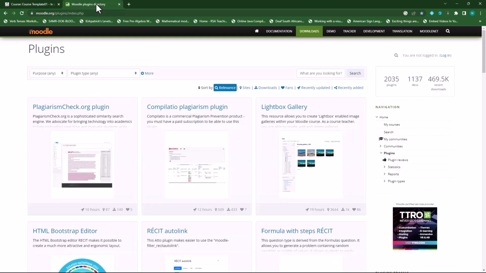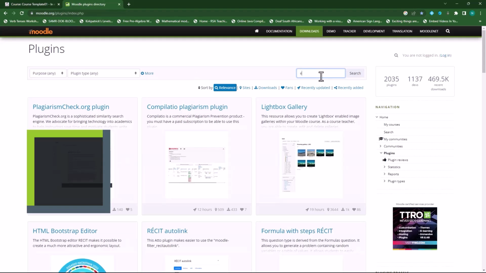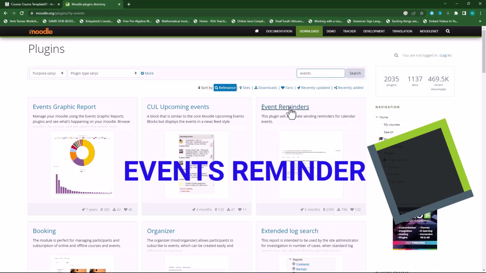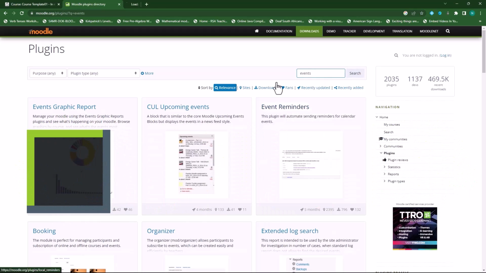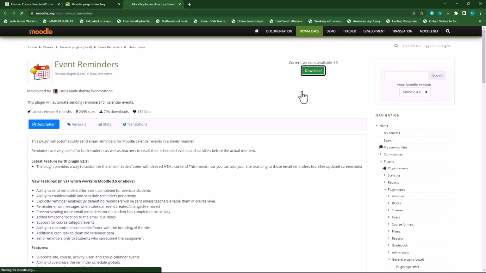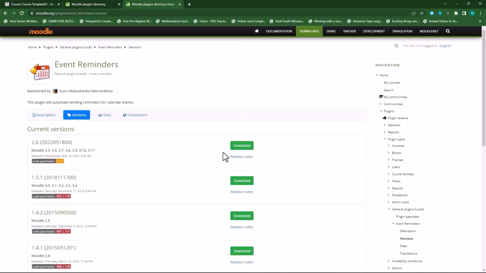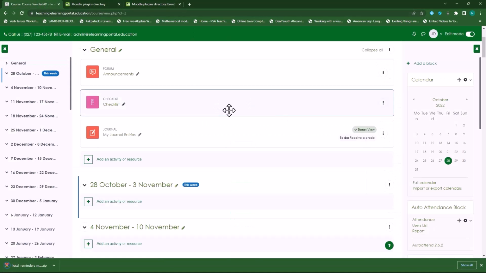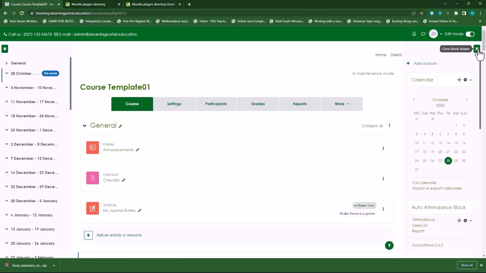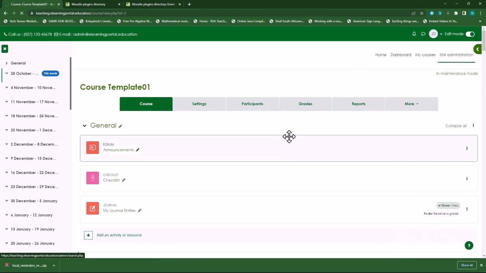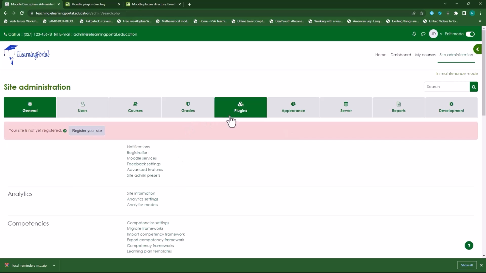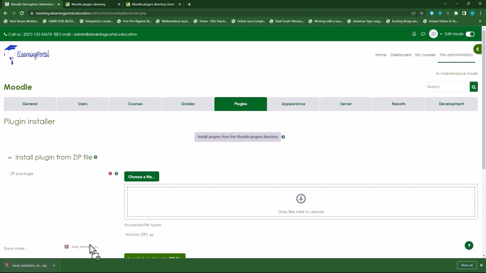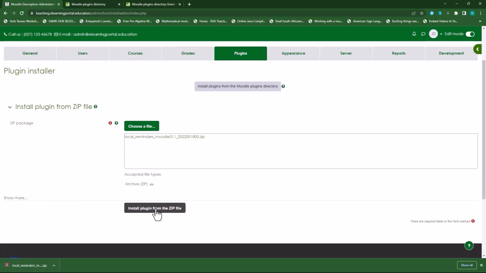So let's go to the Moodle plugin directory and type in events and then click on search. You'll see there's Events Reminder. Let's open this plugin and download it to your computer. Go back to your Moodle course, close this drawer, click on site administration, and then click on plugins, and let's install that Events Reminder. We will drag it, we'll click install,